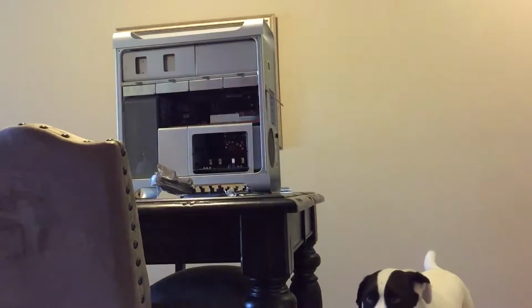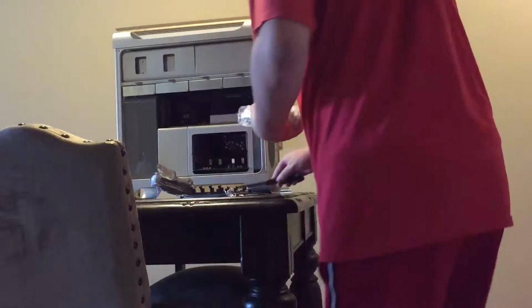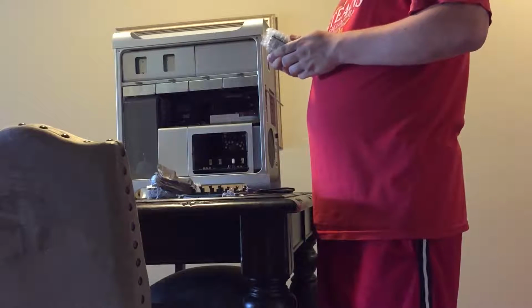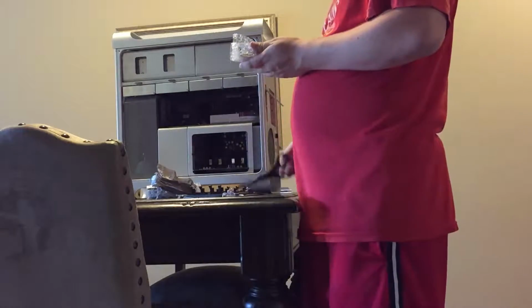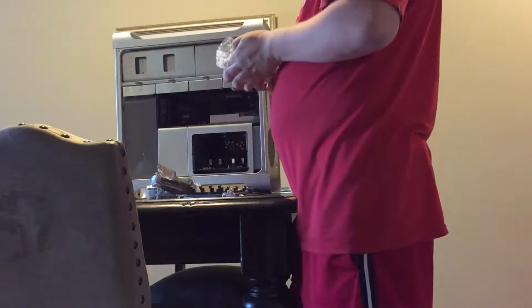I need scissors. Cut this open. Very well done on the packaging. I will say that is really gross. Scissors. Well,